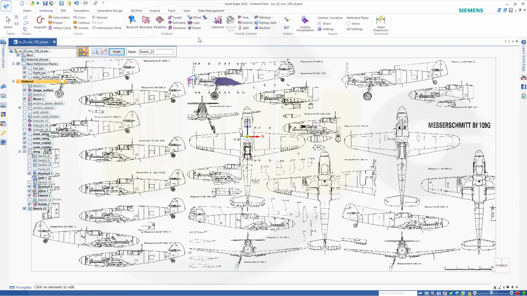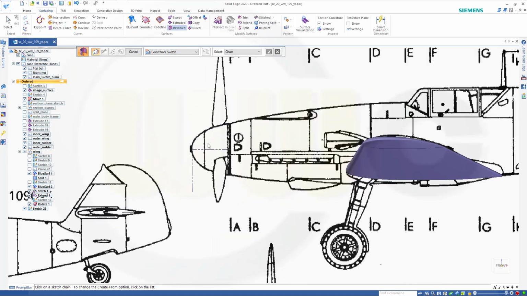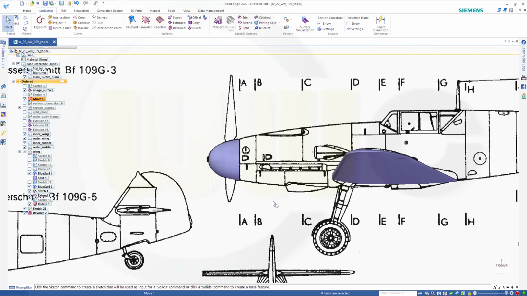Surfacing and revolved. That's the curve. And this will be the rotation and axis, and I need 360 degrees, of course. Finish. Cancel this out. Now for the blades, I want to reuse a profile of the wing